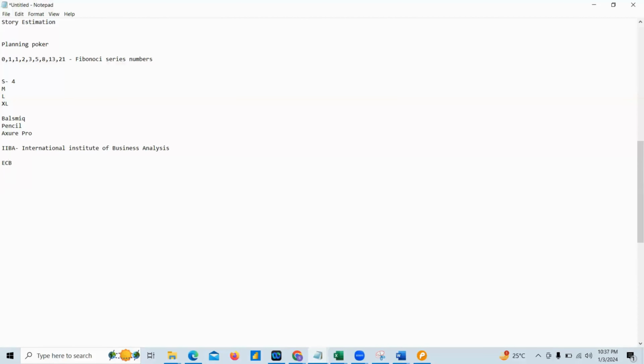ECBA, which is an entry level certified business analyst. Then we have CCBA, certified business analyst. Then we have CBAP. CBAP is the top certification for a BA, certified business analyst practitioner. Now, who all can write what certification? ECBA, anyone can write. There is no criteria as such. You can write, I can write, anyone can write. So this training program is ECBA certification oriented. Once you are done with the training program, you can attempt this ECBA certification.